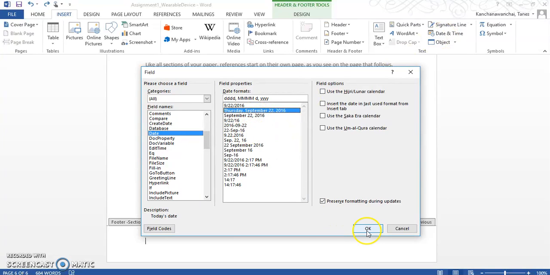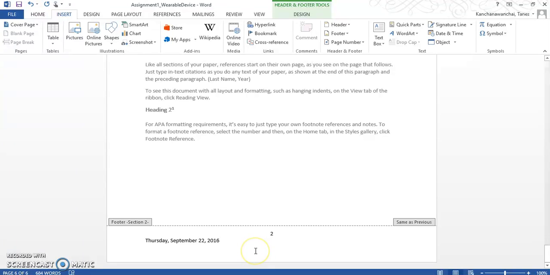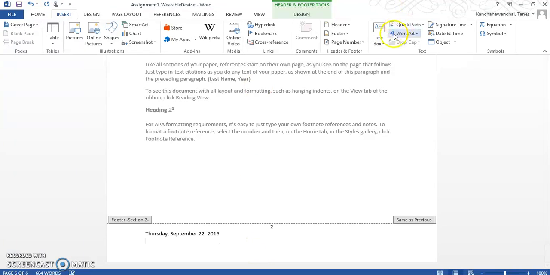Just pick the format. So we got a date. Same thing. This is just the one that's commonly used. But if you need to have more, then you have to go to